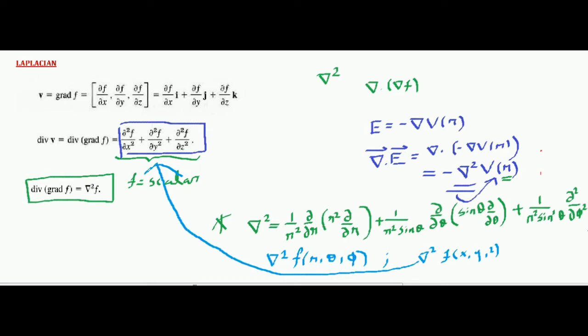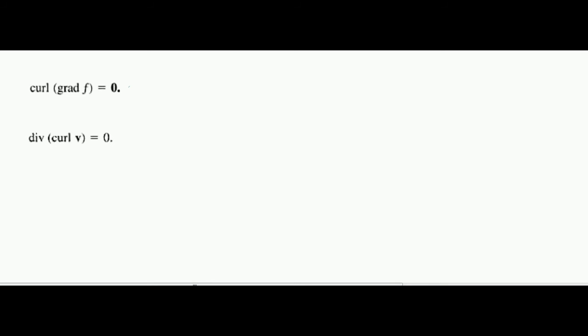Now let us look at some of the properties of gradient, divergence and curl. Curl of a gradient of a scalar function is 0. Let us try to understand why. You see, this curl always acts on a rotating force. So remember, curl always acts on a rotating force. Any force F which can be written as a gradient of some scalar function phi is not a rotating force. Let me give you some example.